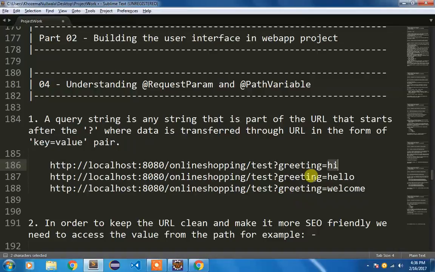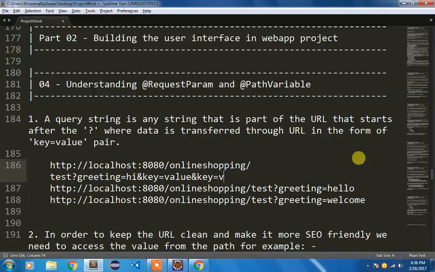Similarly, we can send multiple values along with this query string by using the ampersand symbol, and you can give any other name and value. So here a key-value pair is used to provide multiple data: key equal to value, and if you want to add more, simply put an ampersand and key equal to value.